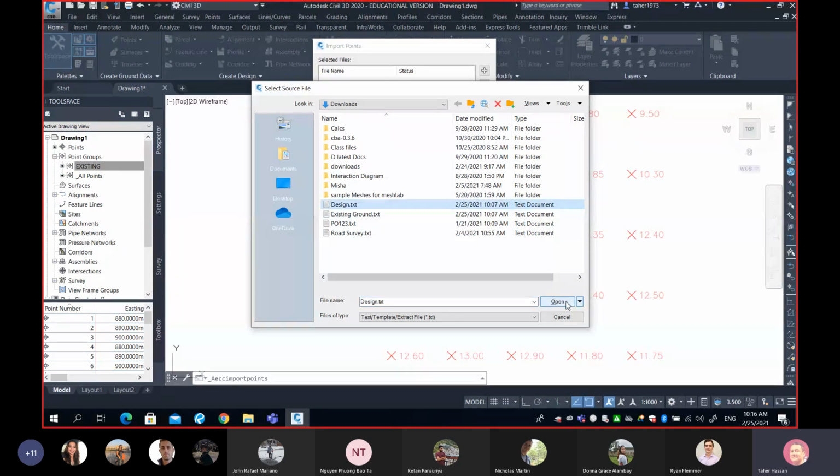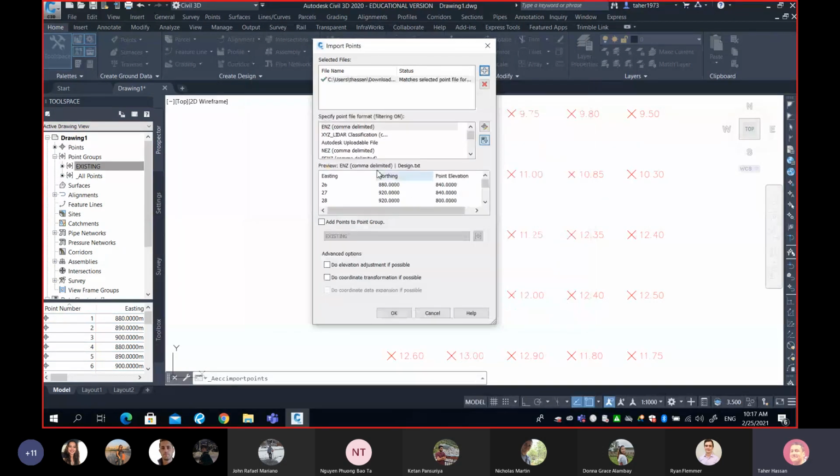Now time for design. So I will click on design. I will choose my format, which is the same format, PENZ. I will look at the format. So yes, that's point number, easting, northing, elevation, and you can see all the elevations are. What do you think? All the elevations are